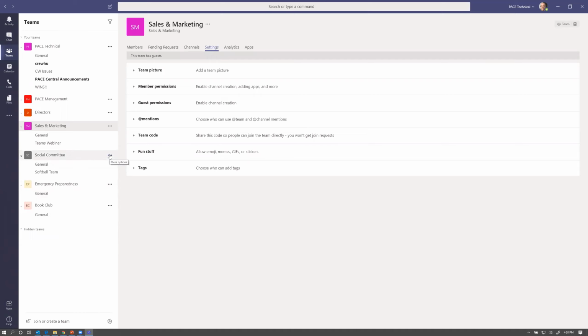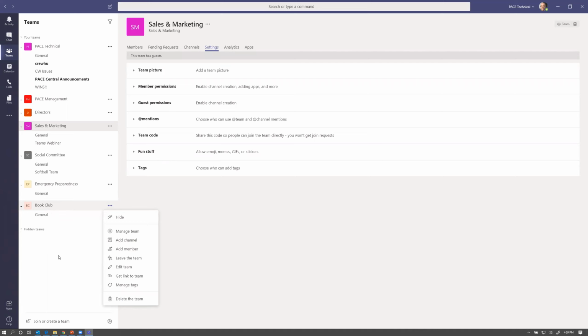You can also leave a team. Again, same menu. Anybody that's a part of a team can just click on leave team right here. Once you leave a team, you can also go back and rejoin the team after. That's not a problem. And then you can also delete a team just by selecting this right down in the menu. One of the things about that, if you delete a team, it will delete all of the channels, files, and everything else that's been associated with that individual team.